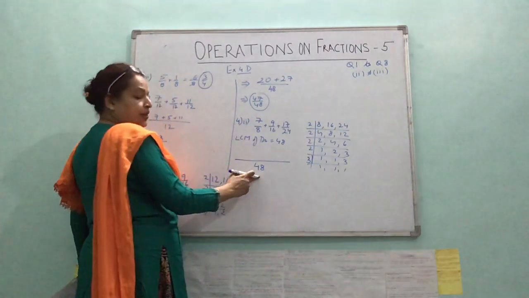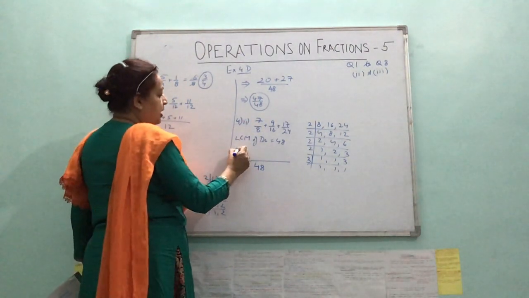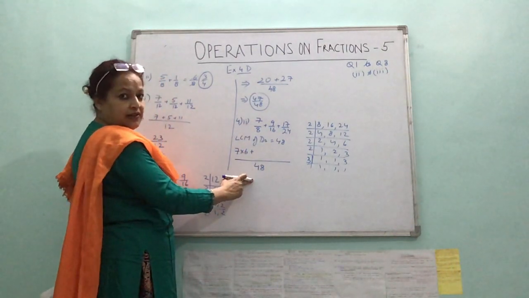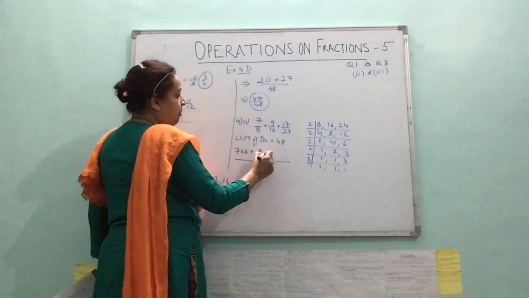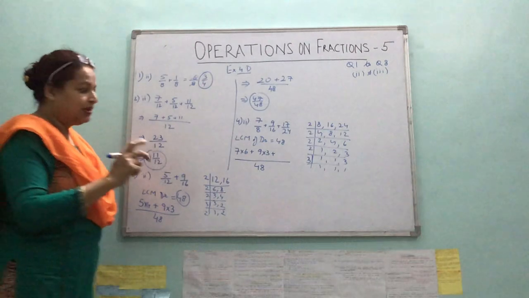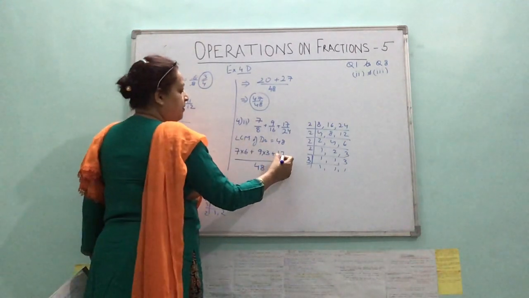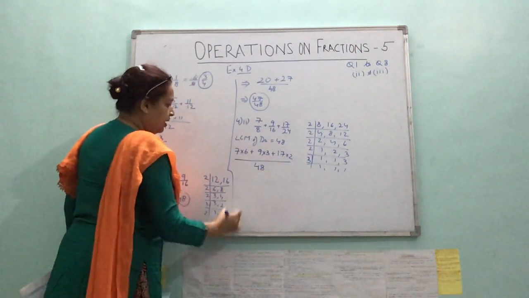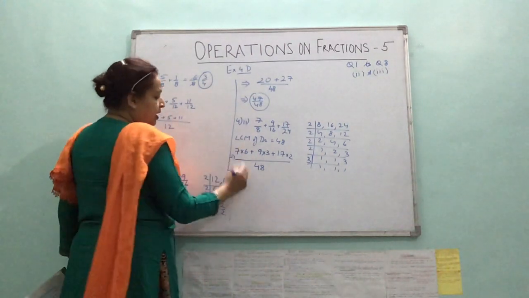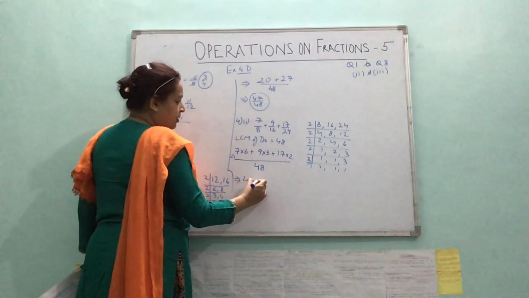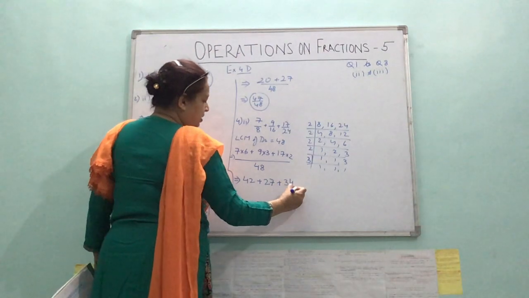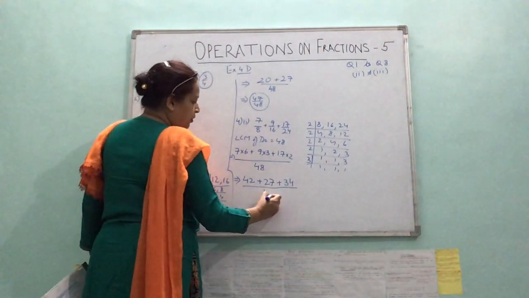Well, that is the common denominator, 48. So 8, how many times is 48? 6 times is 48. So 7 is multiplied by 6. 16, how many times is 48? 16 3 times is 48. So multiply 9 by 3. 24, how many times is 48? 2 times. So multiply 17 by 2. Next step. This is the symbol for steps, as I have told you. Arrowhead. 7 6 times 42. 9 3 times 27. 17 2 times 34 upon 48.